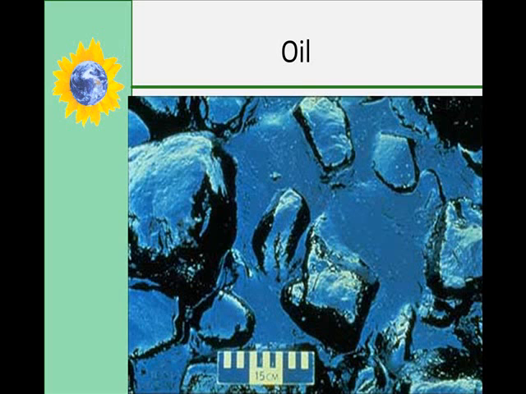Oil comes from crude oil, which is a mix of hydrocarbons with some oxygen, nitrogen, and sulfur impurities. One barrel of oil, which is 42 US gallons, can provide about 6 million British thermal units, or BTUs. Crude oil reserves are found all over the world, but the Middle East alone has about 63% of the known reserves. Of the oil consumed in the United States, most is used in transportation, and much of the rest goes to industrial, commercial, and residential uses.